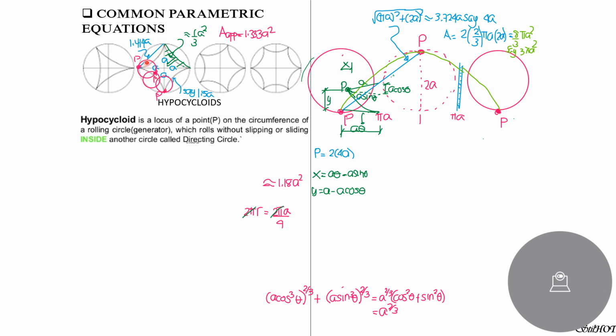The straight line distance is square root of a squared plus a squared, so that's square root of 2 times a. Square root of 2 is 1.414a, but that's the straight line distance. This is the hypocycloid, it's longer, so the next value higher than that is 1.5a. So this is indeed 1.5a, and since there are 4 branches, times 4, that's why the perimeter is equal to 6a. You have to memorize that also.